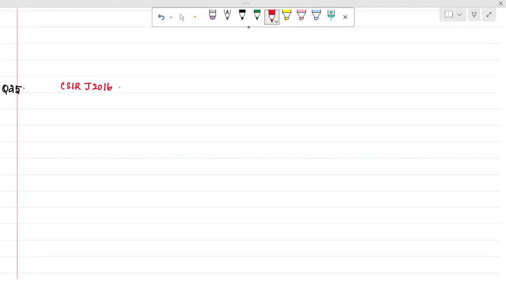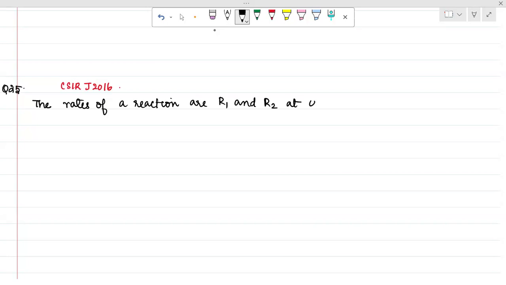So the question is, the rates of a reaction are R1 and R2 at concentrations C1 and C2 of a reactant respectively. The order of reaction N